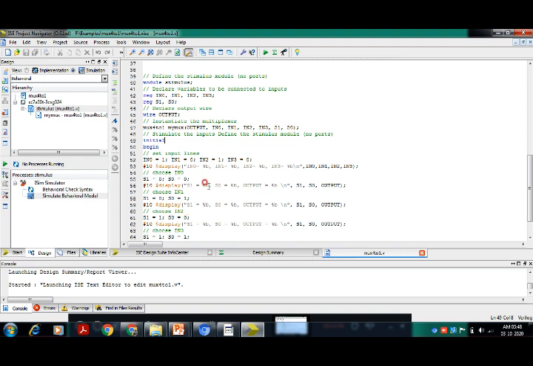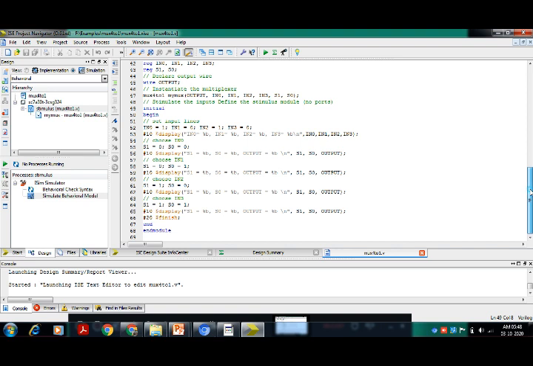Then 1 0 means IN2, output should be 1. 1 1, IN3 should be selected, output should be 0. So by the stimulus we are supplying values for the select lines and inputs at various time instances, and finally we are finishing. Stop the simulation, that command also we are giving. We try to simulate. Select the simulation option, select the top level code.